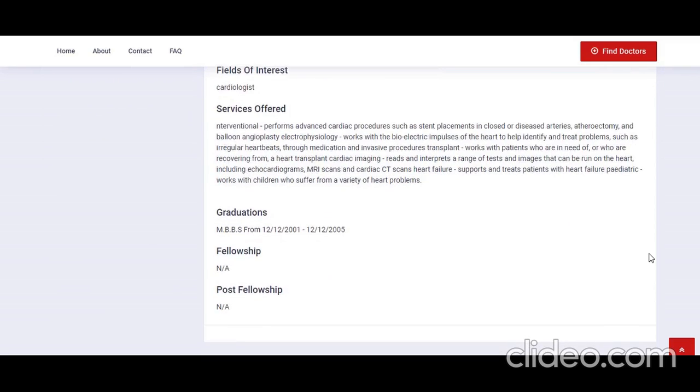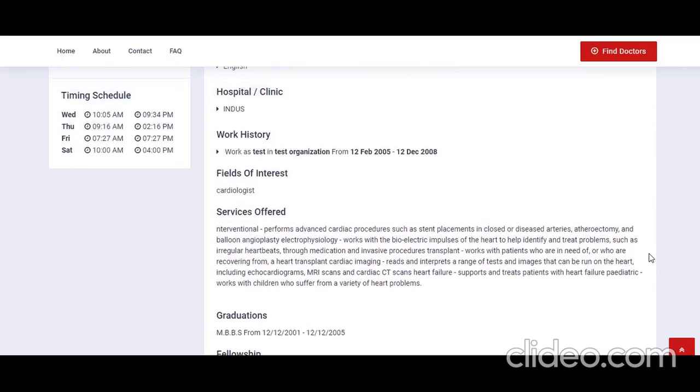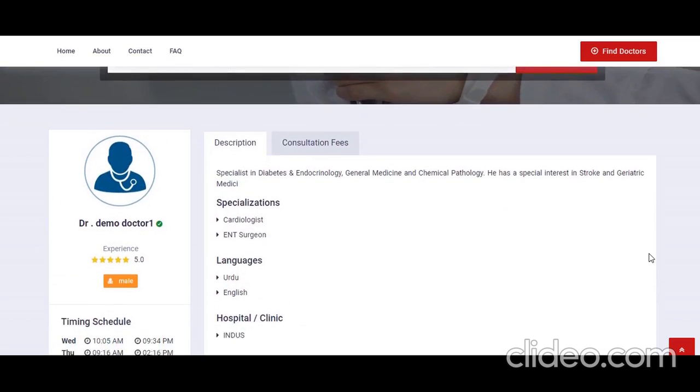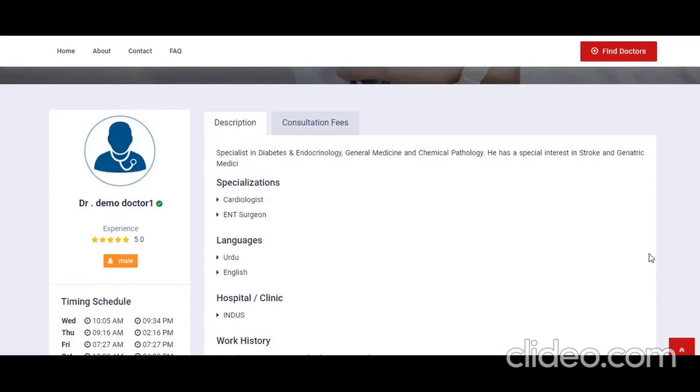As you are seeing your profile, patients also see your profile like this.